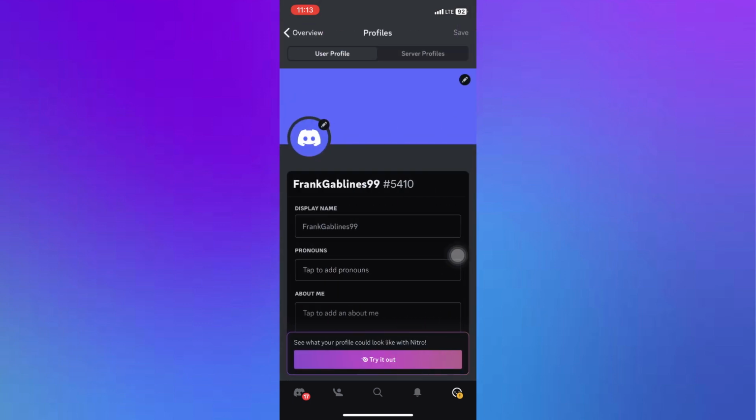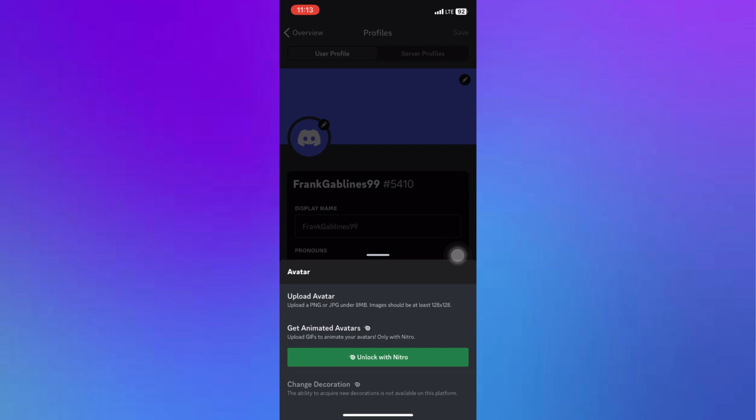I can tap the little pencil right above it and it gives me two different options. One is I can upload an avatar. This includes any kind of images that are in my gallery. You can see if I wanted the animated avatars, I do have to pay for Nitro. Keep in mind it's $10, so you could just sign up for the $10 Nitro and then cancel it immediately right afterwards. So it costs $10 to have an animated avatar, but I can just tap on upload avatar here